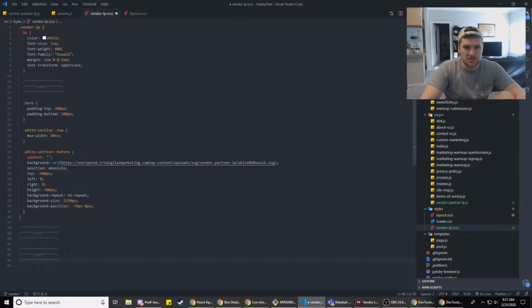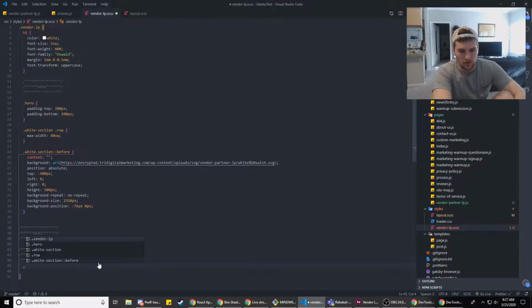So this probably isn't, I don't know if this is a good way to do your code or not, but I've got it split up. So this is the vendor LP SAS stuff, and then I split it up into the hero section, the next section, and then this is going to be the form stuff. And then this is SAS. So I've just got everything nested inside this vendor LP selector to make sure the styles only apply to this page. So we need to target the form. No, not padding. I wanted the bracket deal.